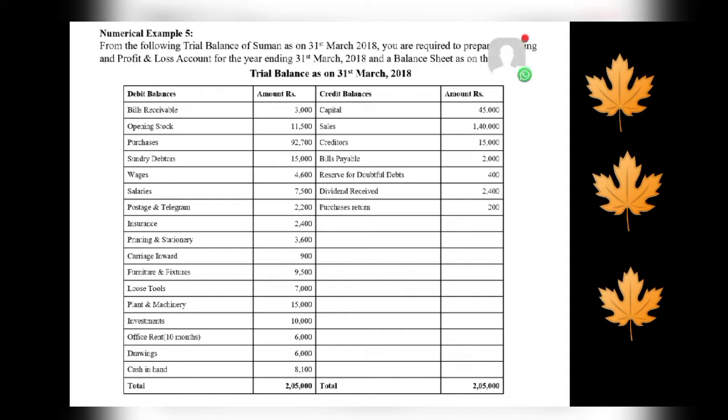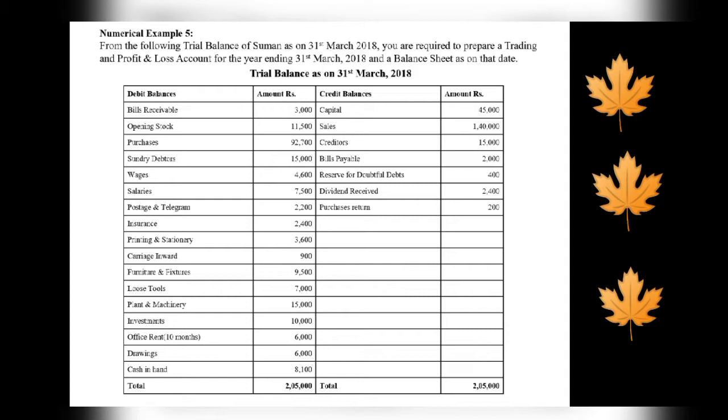Then office rent. Now here you have to pay attention. You have to just note that office rent is given as rupees 6,000 and this rent is for 10 months. So if for 10 months the rent is 6,000, we'll have to calculate the rent for the whole year, that is for 12 months, and this will be an adjustment. That means there will be a certain amount of rent which is outstanding, the outstanding rent for 2 months, that we'll have to calculate, and it will be an adjustment that we'll have to make in the balance sheet and profit and loss account. Then there are drawings which will be deducted from the capital.